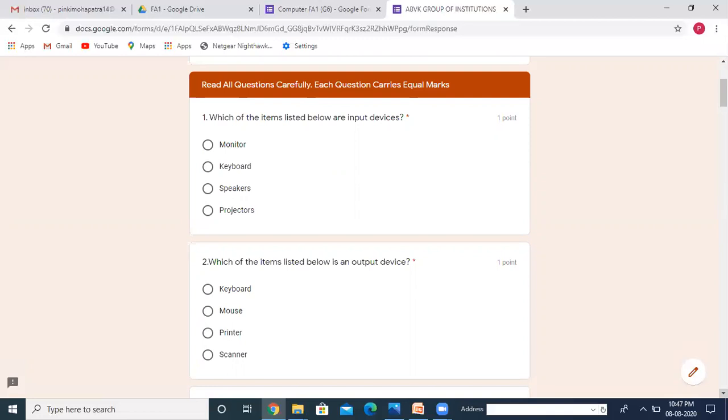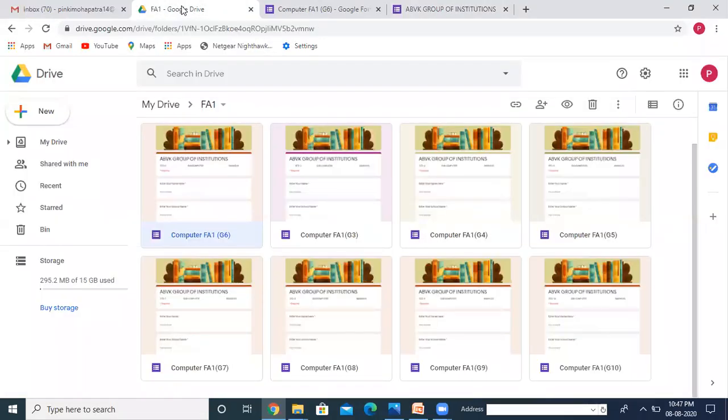So first I will explain how to create a password protective Google form and how to manage it within the Google Drive. So let us start from the drive itself. Now you see this is my drive within which I have created a folder. So I am going back. I will start from the folder itself. So I am going back.